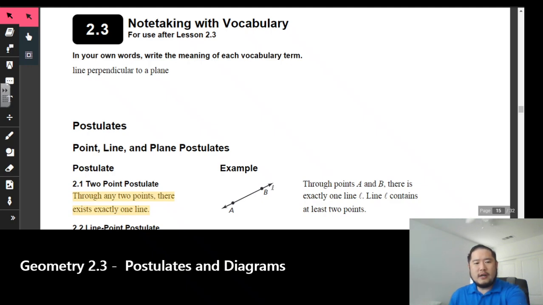So let's start off. We have line perpendicular to a plane. Hopefully we realize that if a line is perpendicular to a plane, this line is going through a plane at a 90-degree angle. So it would be going straight down. So if we were to draw right here